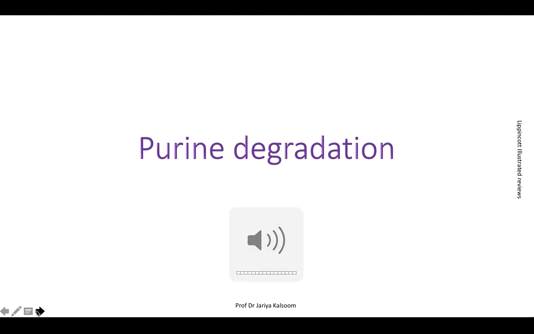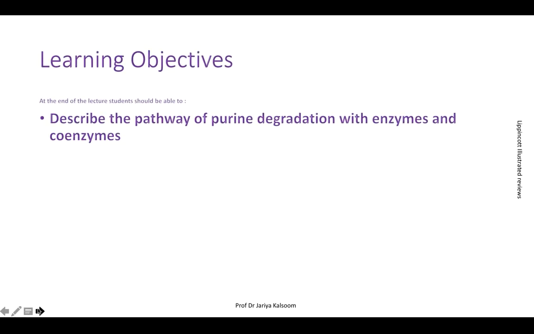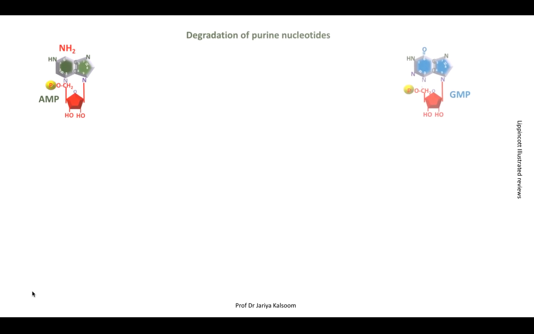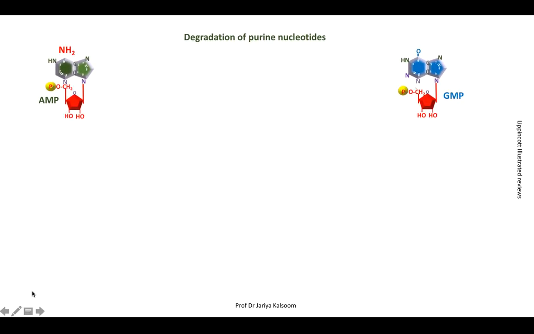Purine degradation. So here you can see the purines AMP and GMP. AMP is an aminopurine with an amino group at the top, and GMP is an oxypurine with oxygen at the